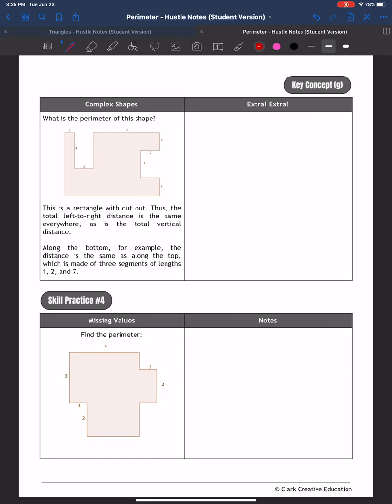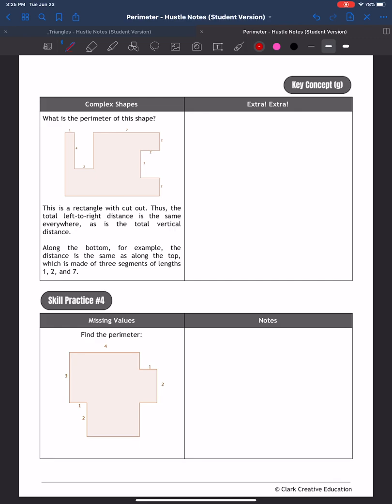Sometimes shapes are a little bit more difficult. So in this case, it's asking you what the perimeter of the shape is. This is a rectangle with cutouts. Thus, the total left to right distance is the same everywhere, as is the total vertical distance. Along the bottom, for example, the distance is the same as the top segment, which is made up